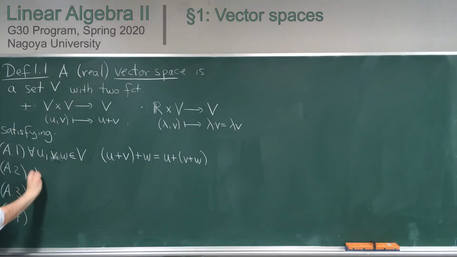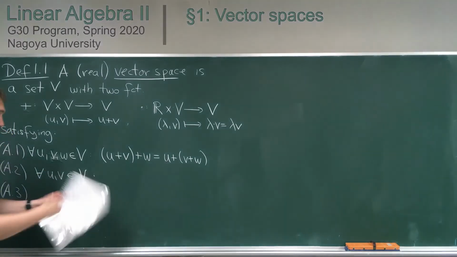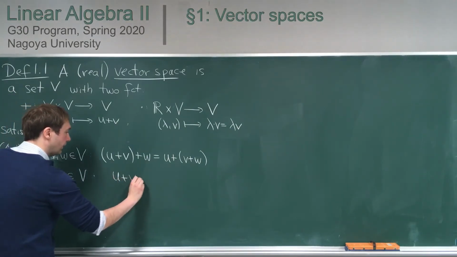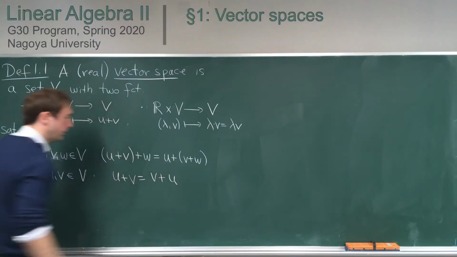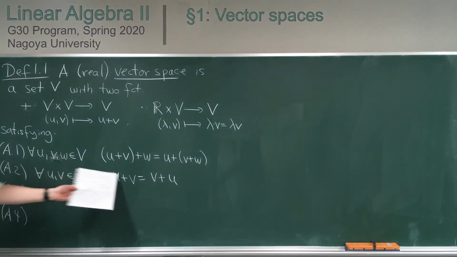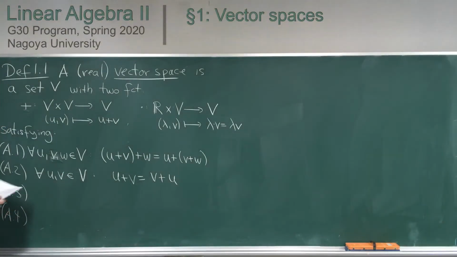And the second condition is that if I have two elements in V, then the order in which I add them doesn't matter, meaning that u plus v is the same as v plus u. And this is called commutativity. So meaning the addition is commutative and associative, which is true for the usual vector addition. And now